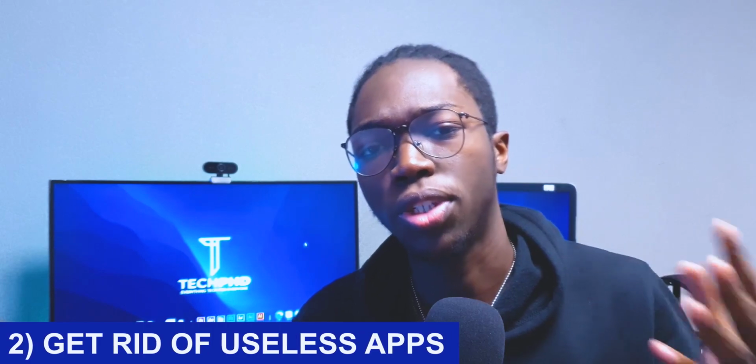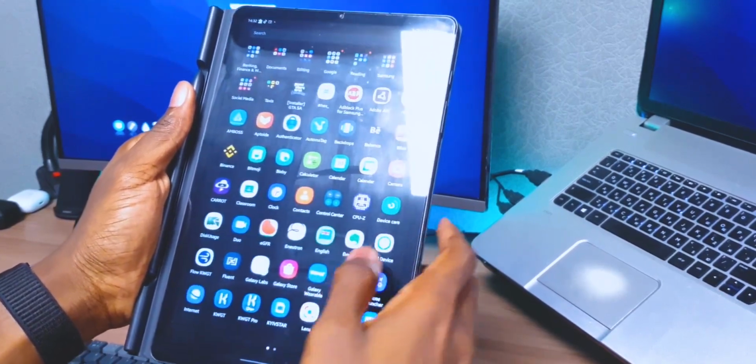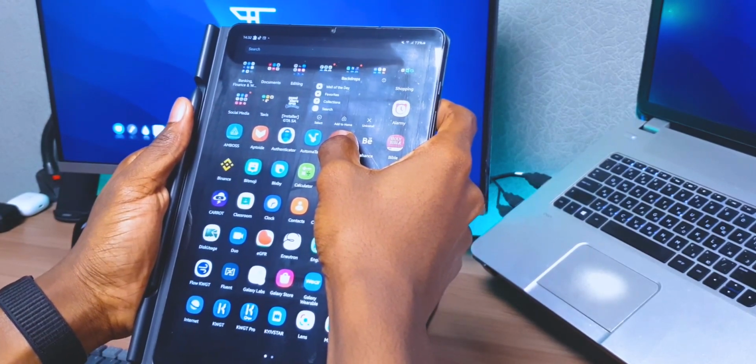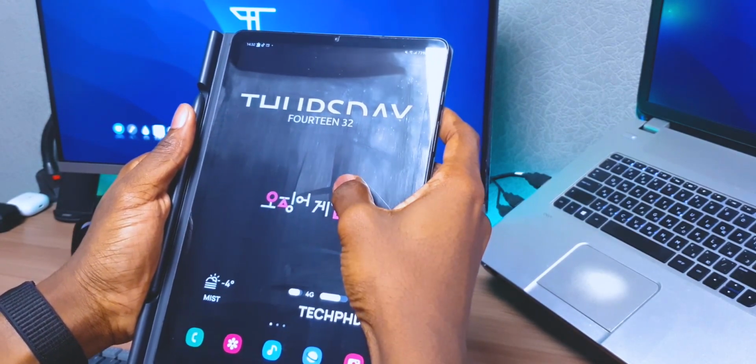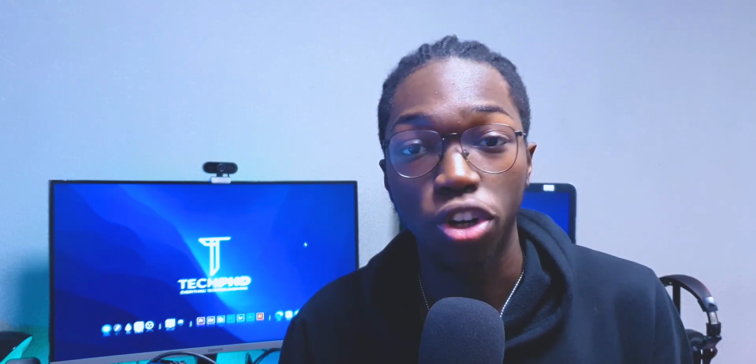Tip number 2 is to declutter your applications. Now, this might not seem to make any sense, but at the end of the day, it is very effective. You probably have some applications that are 1, 2, 3, maybe even 5 gigabytes large, and you're not really using